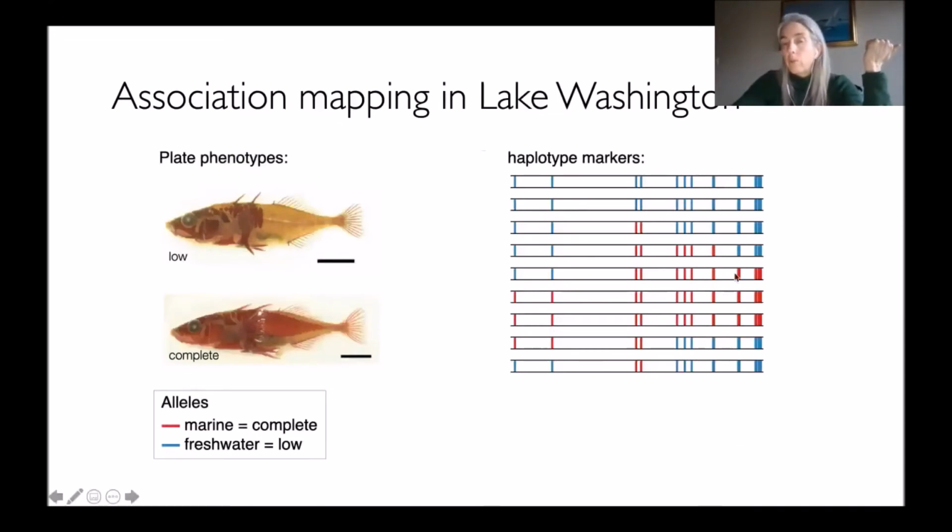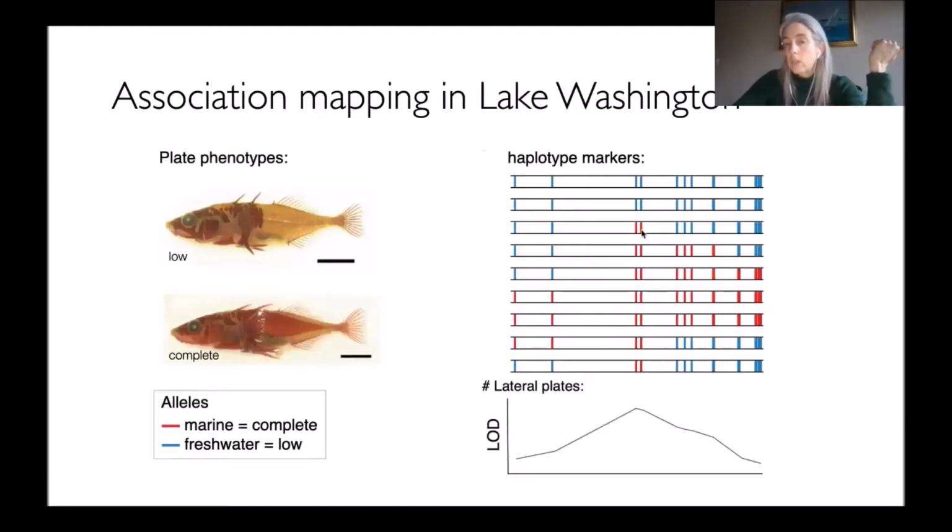haplotype. And if there's recombination, we could see haplotypes that are now a combination of freshwater alleles at some markers and marine alleles at other markers. And then at every marker, you just do an association test and ask where is the strongest association. So this peak here would suggest that the mutation that drives plate number, for example, is somewhere in this region